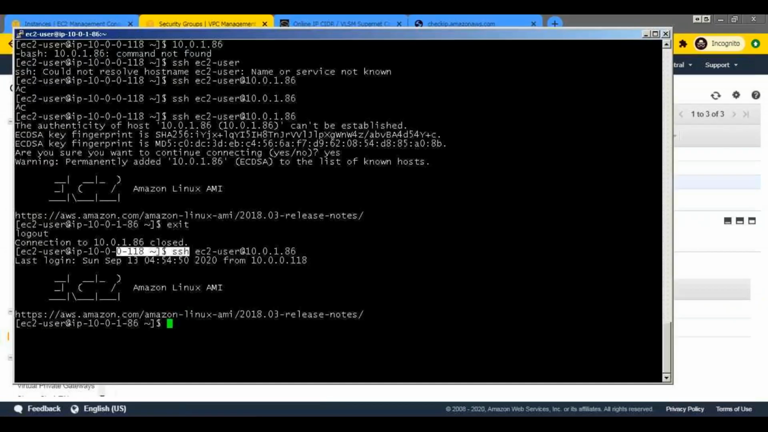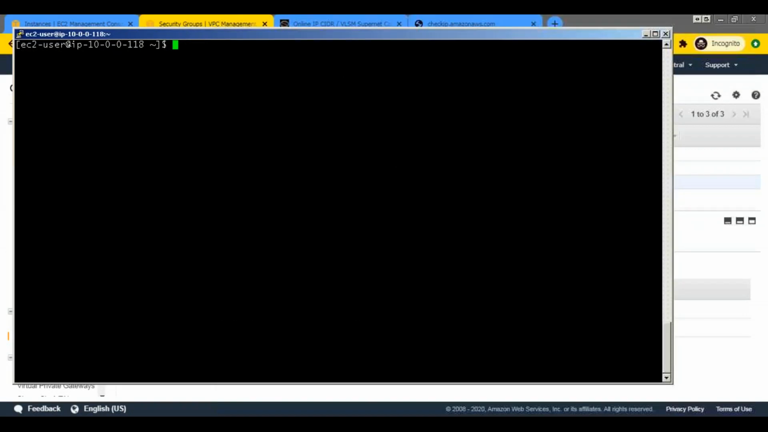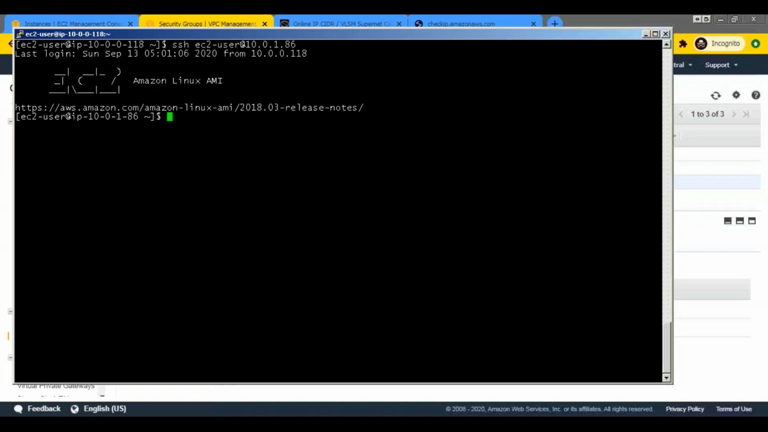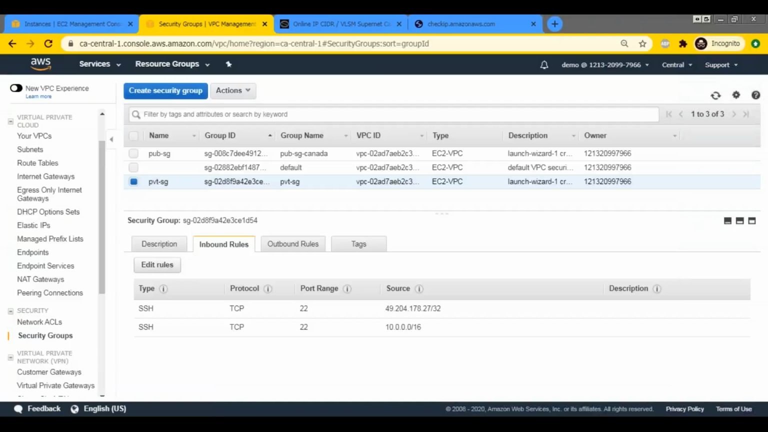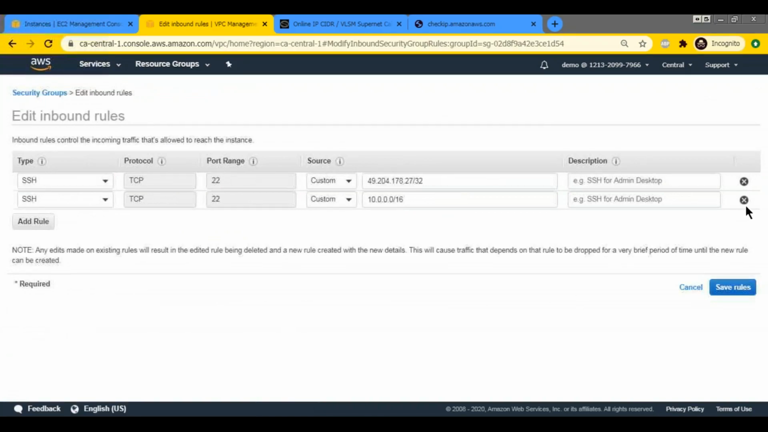Now if I close the connection and again come, from 0.118 to 1.86, it will work because it matches this, right? So the source can be a single IP or a group of IPs. That group of IPs can be your public IP, it can be your VPC's entire CIDR or a particular subnet's CIDR, right? So depending upon how you have organized the network